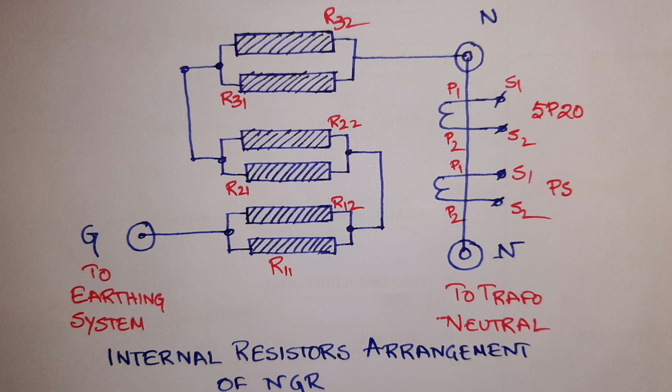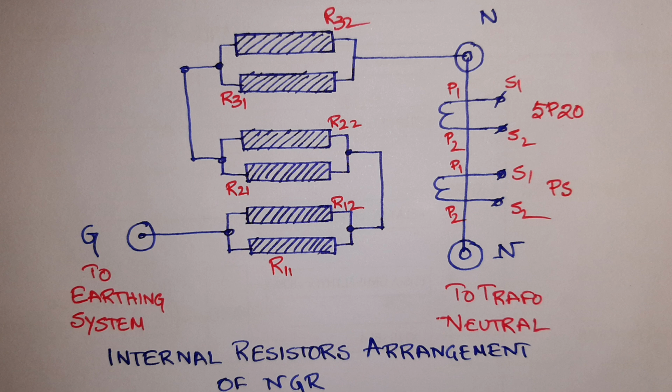That is basically decided by the NGR manufacturer or the transformer manufacturer, how the elements will be divided and created so that the desired amount of fault current can be distributed through the NGR coil. Here I have shown you three series elements, and each series element has two elements in parallel. There is another very popular combination of 6 by 6, where you have 6 series elements, and each element has 6 parallel resistances.